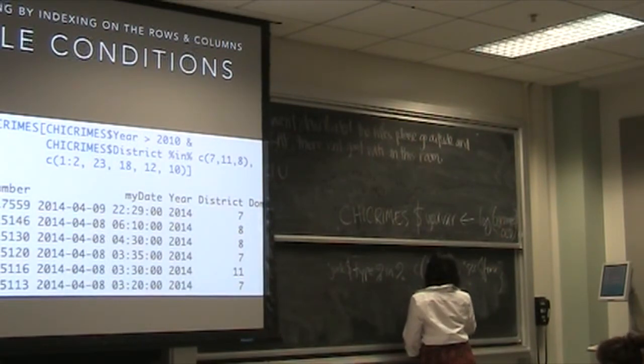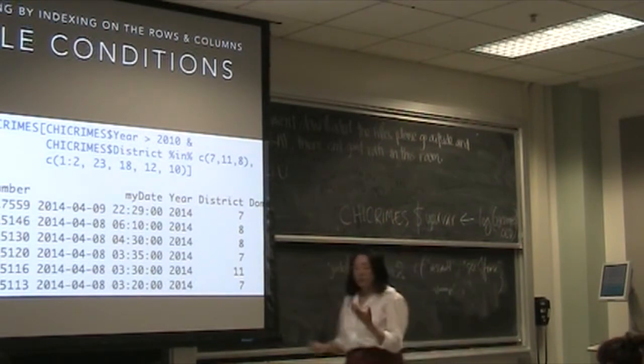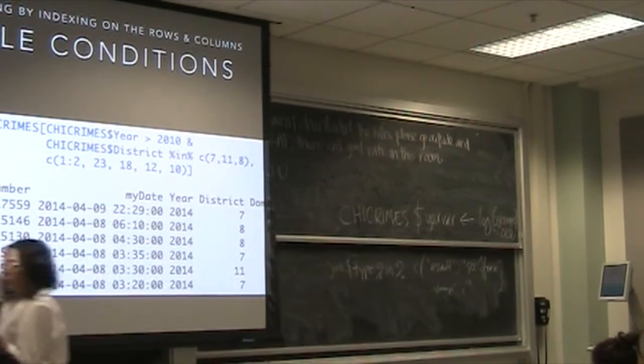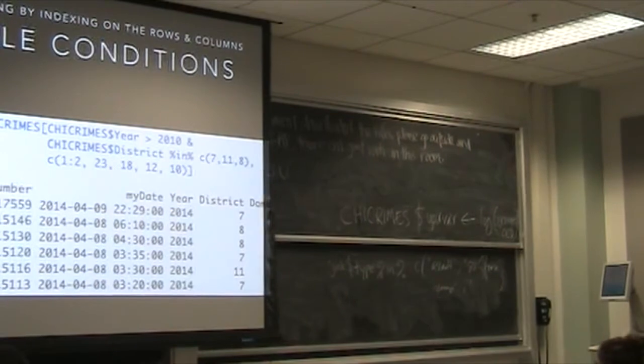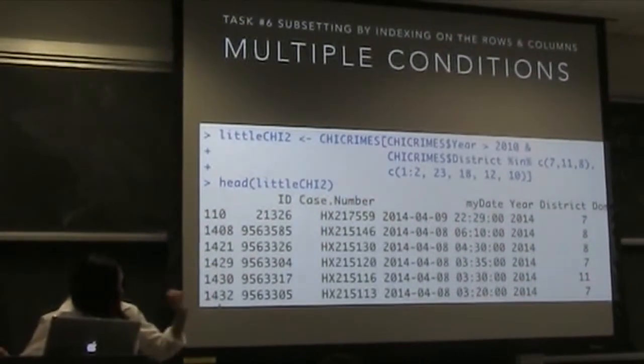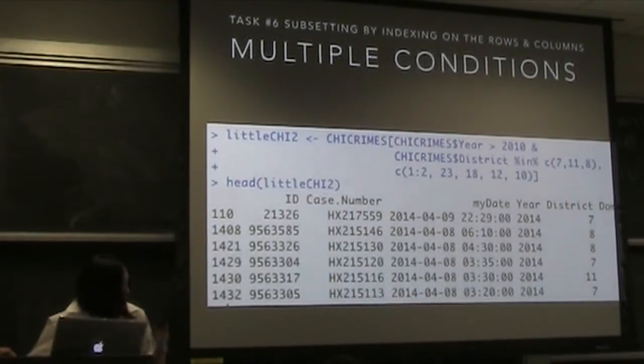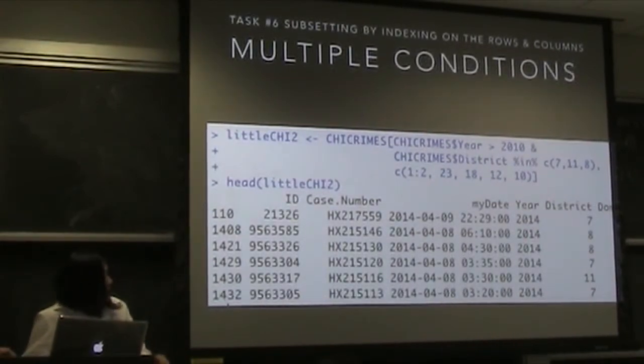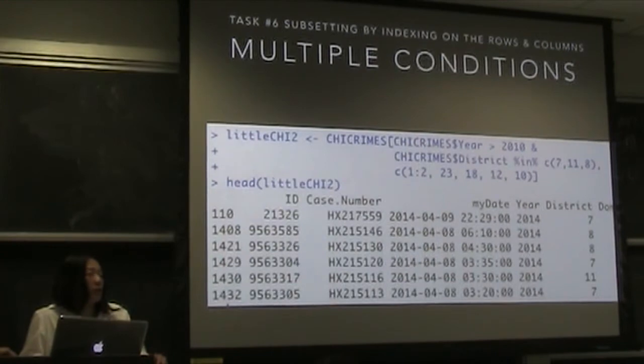So it allows you to create some kind of character vector, or some vector of factors or even a numeric vector, and only extract those that match or that are in that set, okay? So it's a great way of extracting a lot of character information, all right?